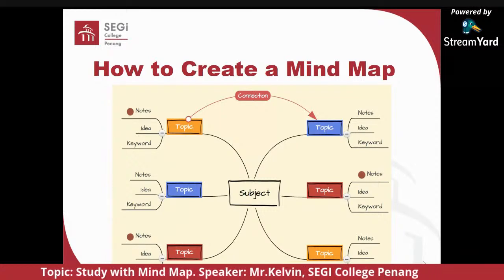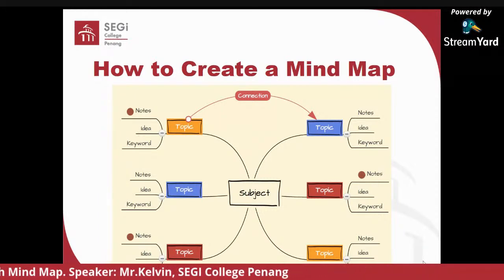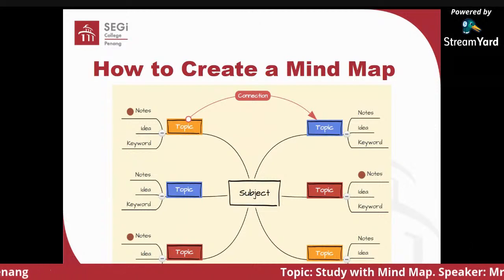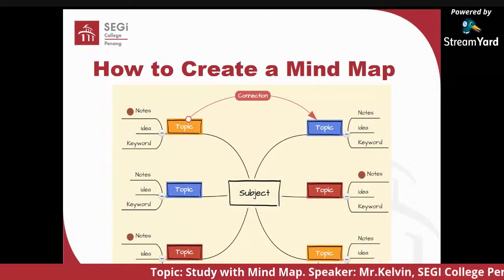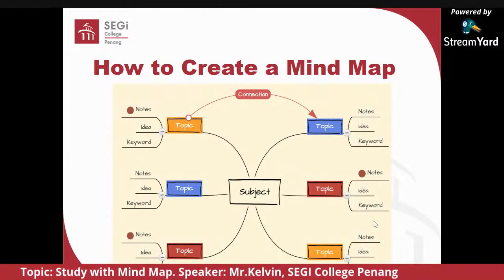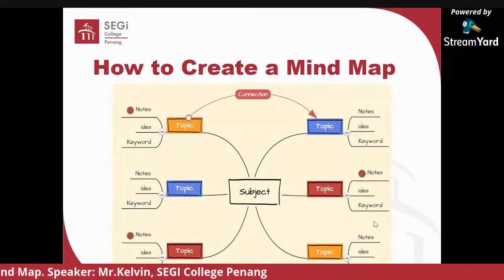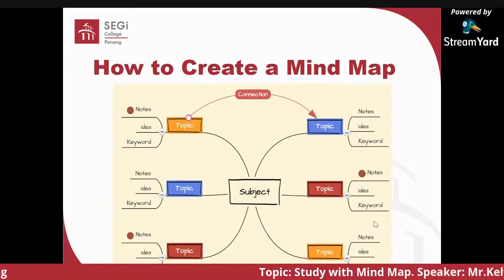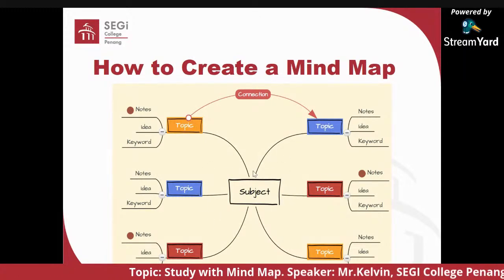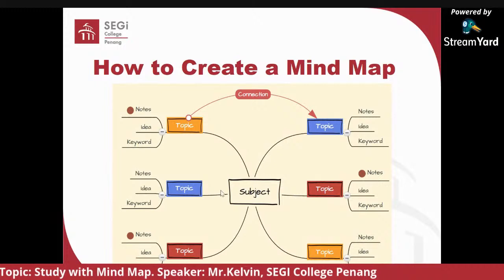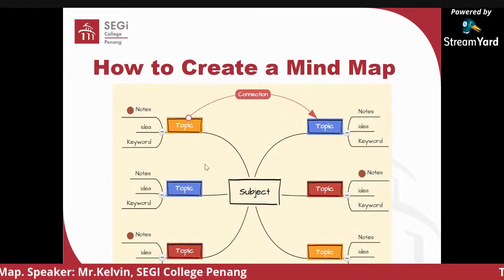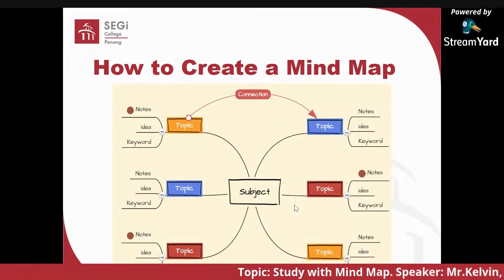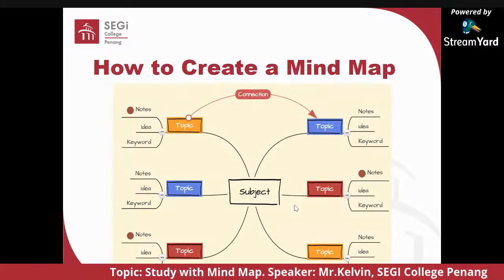Okay, this helps my students to understand the idea, the content of that topic. So everyone, you can see here in the center there is a subject. You can pick a subject, maybe history or physics or any science subject. That means for your chapter 1, you put the title in the center. Then you can see a few topics here, it covers 6 topics. That means there are 6 subtopics of the subject.